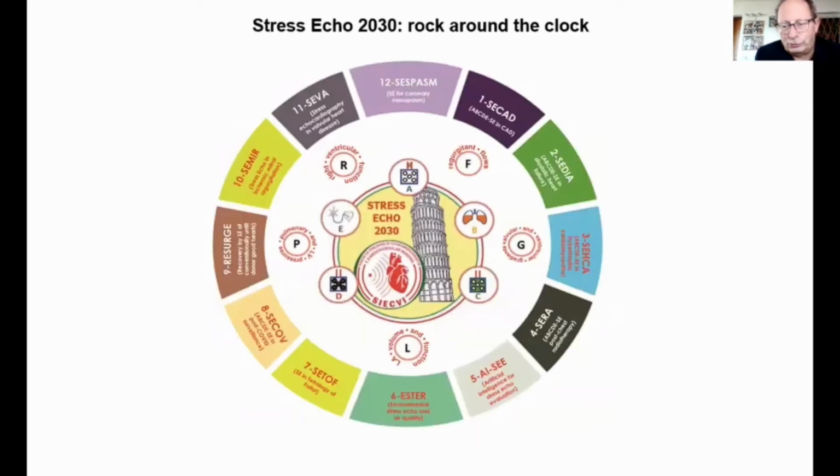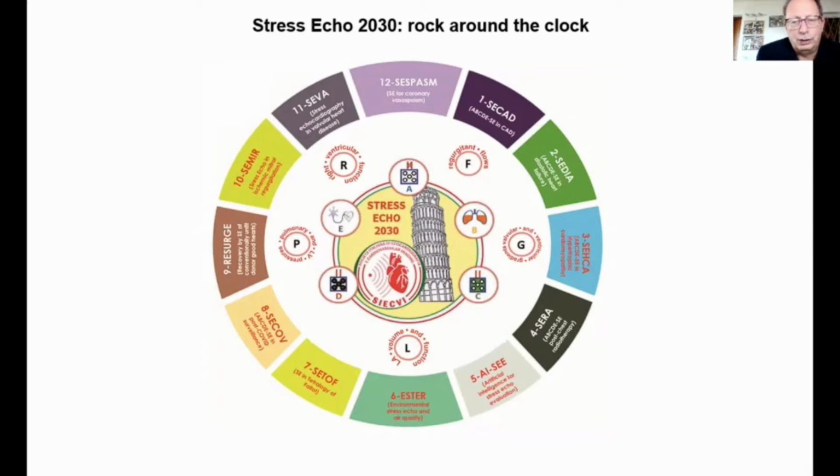And this was also the reason for us to start a new venture, Stress Echo 2020. We have now new targets and always share the idea that a multi-center trial can be a unique source of evidence and allow us to combine in a rainbow coalition different talents, different experiences, different cultures. And this was the story of our research in the last 40 years, and is now the future of Stress